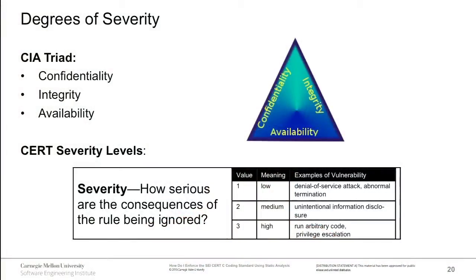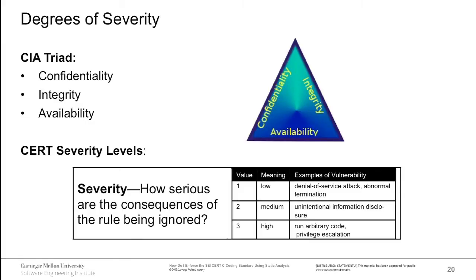So I bring this up simply as a related material. People often will speak of the CIA triad, that is confidentiality, integrity, and availability. And this maps pretty somewhat closely to our severity metrics. The availability, whether your software is still available, corresponds pretty neatly to our low severity, level 1, where crashing a program or hanging it makes it unavailable, but it doesn't necessarily cost you the other two aspects,